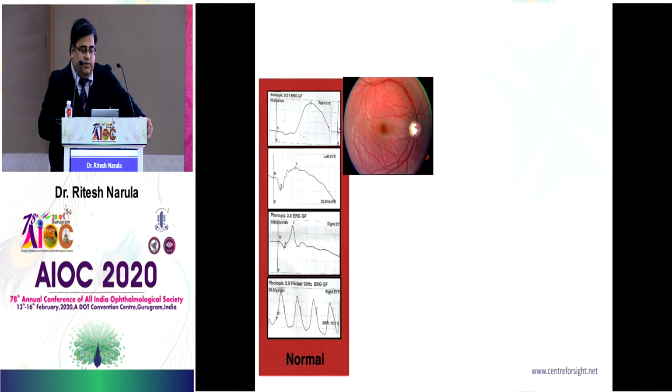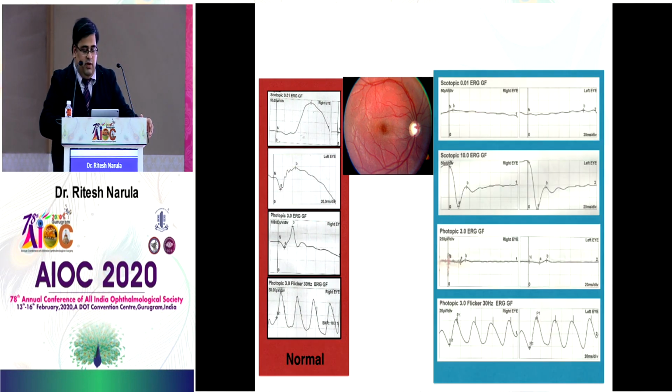Okay, now look at this. Again, the normal on your left side, the fundus photo showing some kind of cystoid pattern. Can you look at the ERG and describe it? There is no bipolar wave coming from rods, but a good A wave coming from rods. How can that happen? Photoreceptors are intact, but bipolars are abnormal.